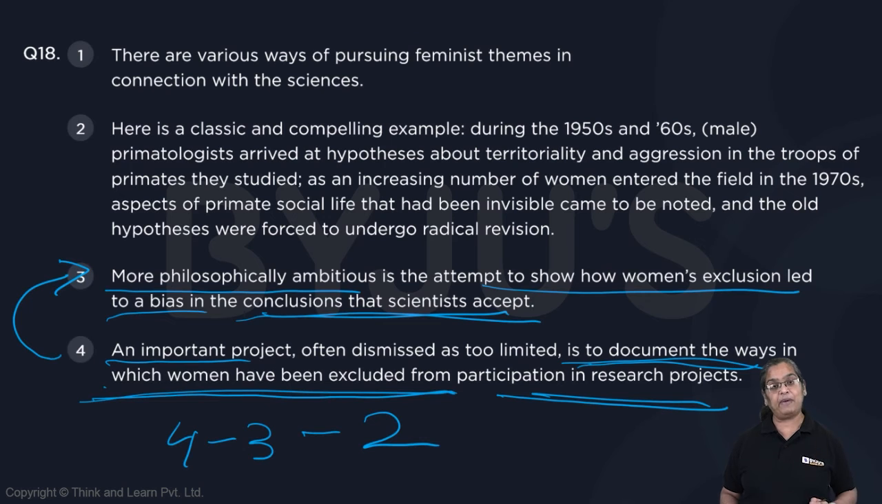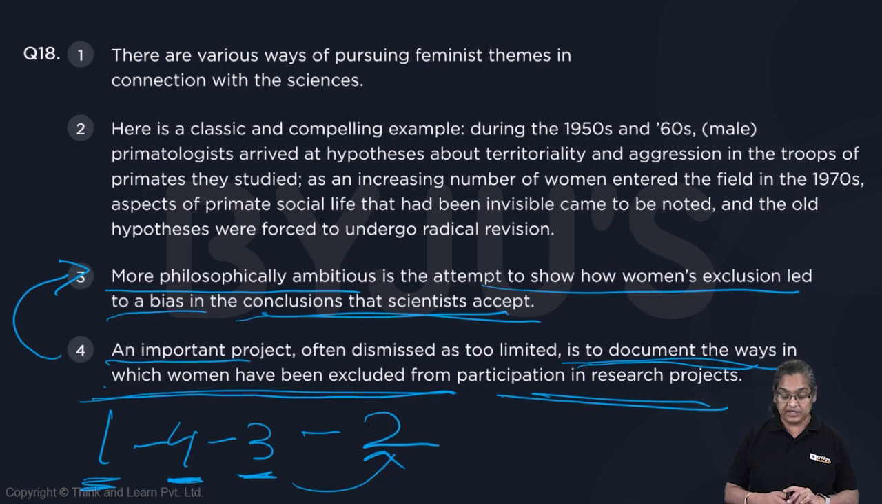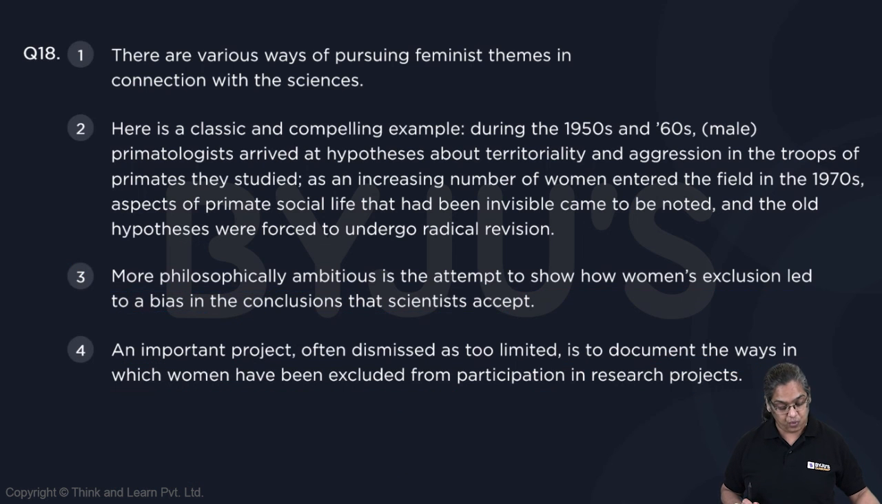Now, where will my 1 go then? My 1 will be at the beginning. There are various ways of pursuing feminist themes in connection with the sciences. An important project, or important method, is to document the ways in which women have been excluded. Even more ambitious is to show this, and a classic example is this. So my correct order is 1, 4, 3,